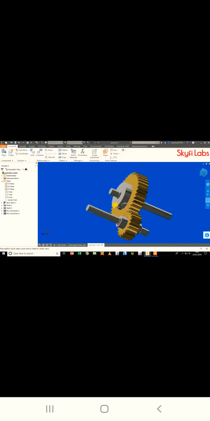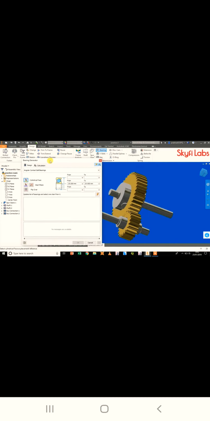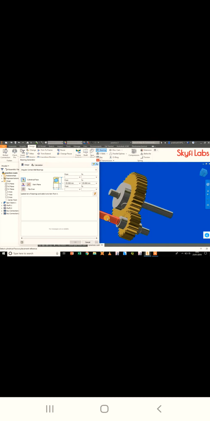Bearings are the elements which are used to reduce the friction between moving parts. Go to Design menu, present on the ribbon, and click on the bearing in the Power Transmission menu of the Design menu. Here, we will see a pop-up of Bearing Generator. Then, click on Design, and click on the cylindrical face, and then select the cylindrical face of the shaft, as